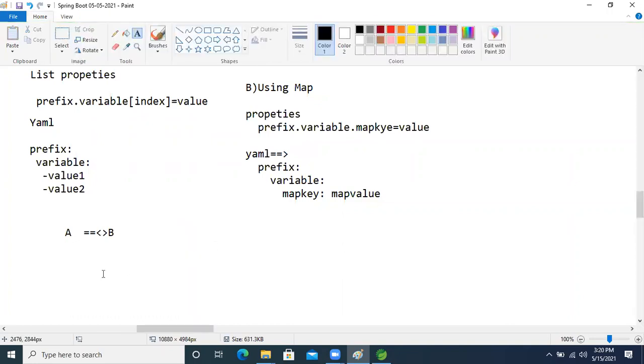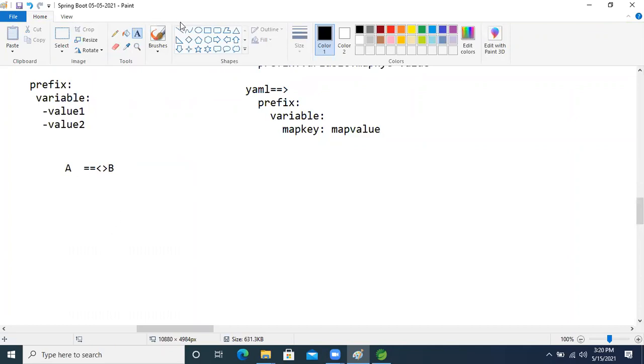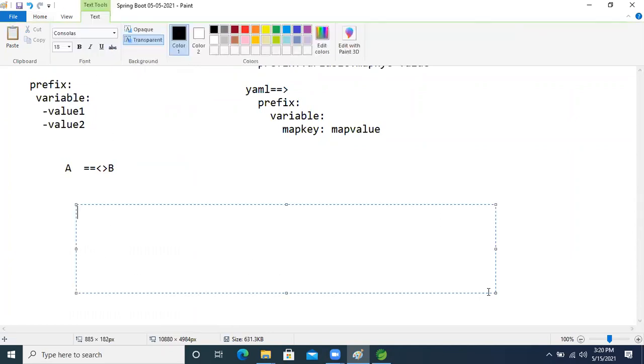Okay, let's see that. Just think about that, guys. Using the has-a relation, we write the prefix, prefix dot has-a variable dot variable equal to value. We will write the value here.